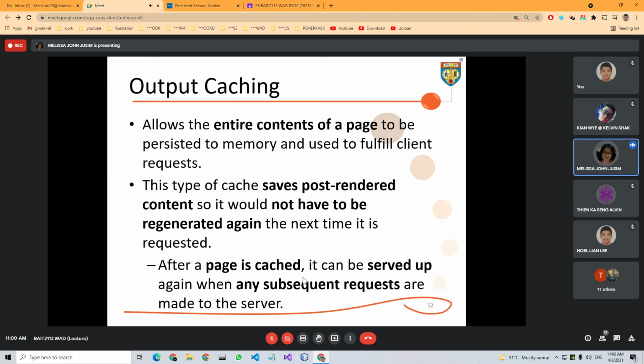Sometimes when I want to register something, my internet connection is lagging or cannot go through, so I try again. Oh, okay, I need to do it all over again. There are certain scenarios where we want to save post-rendered content, meaning the info that has been rendered in the page.